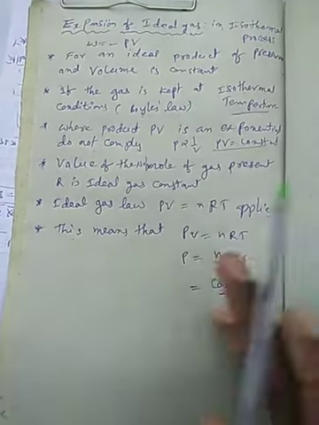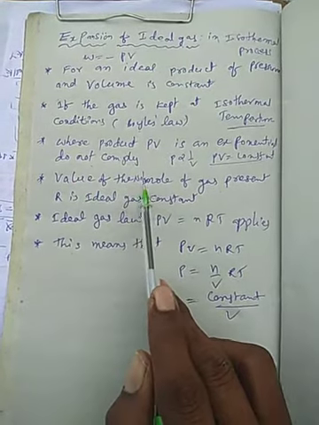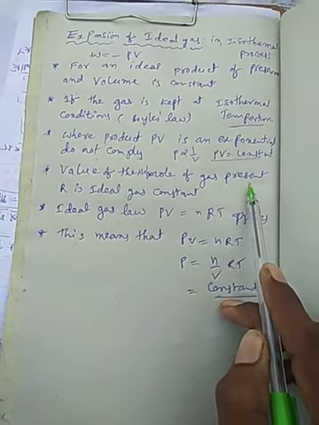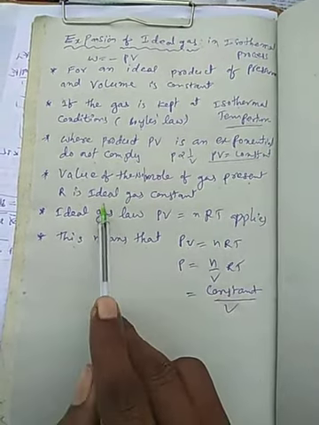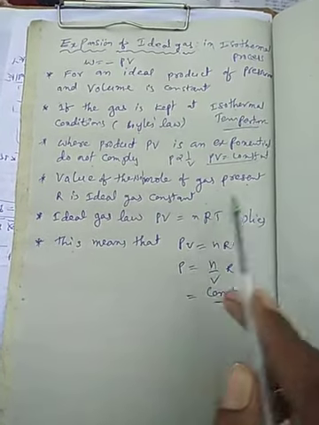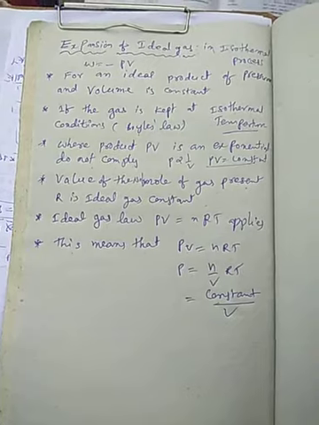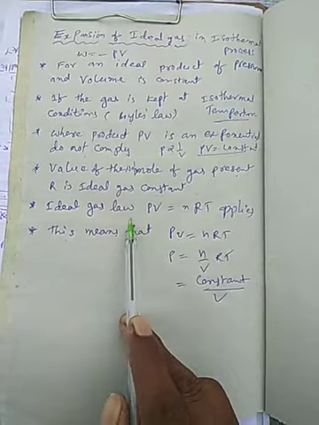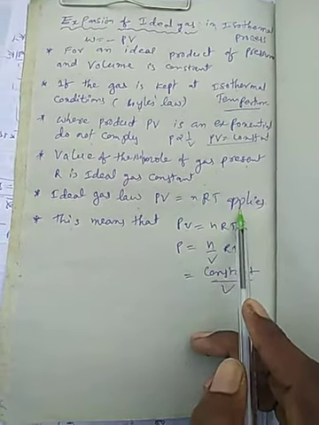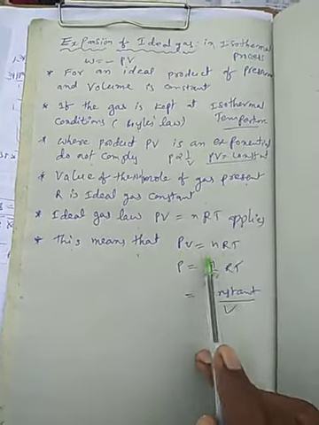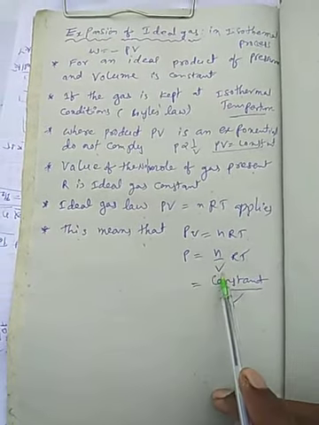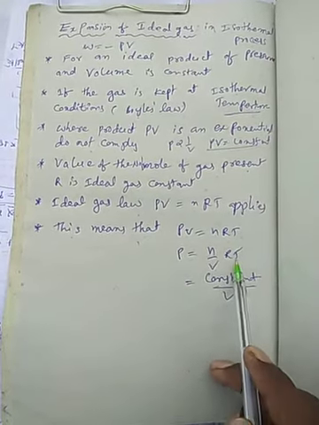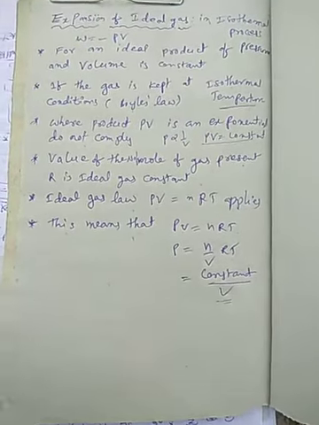Here n is the number of moles of the gas present in the system, and R is the ideal gas constant. We already discussed in first year, states of matter, the ideal gas equation, that is PV is equal to nRT. We need only P, so P is equal to n by V into RT, where n, R and T are constant because the temperature is constant.